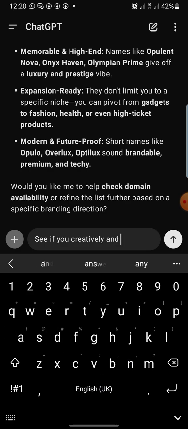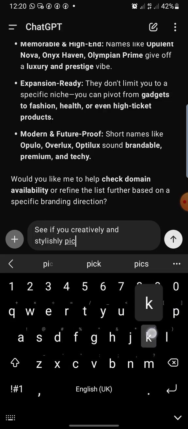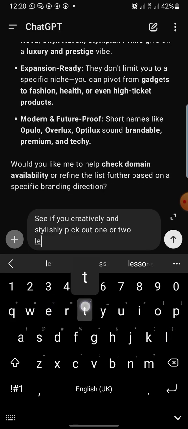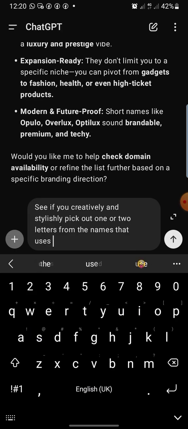and stylishly pick out one or two letters from the names that use up to 3 to 4 words, to create